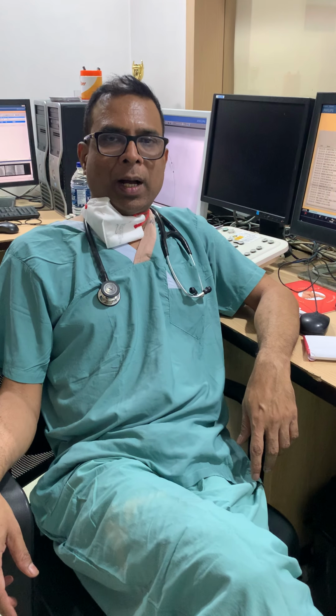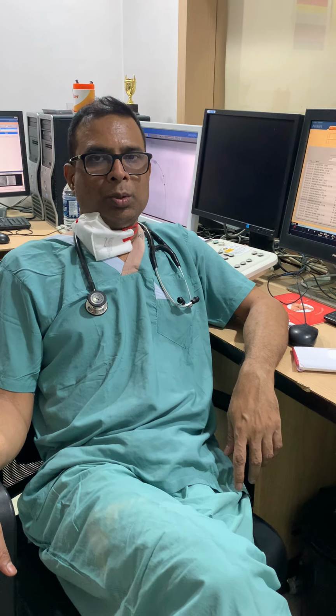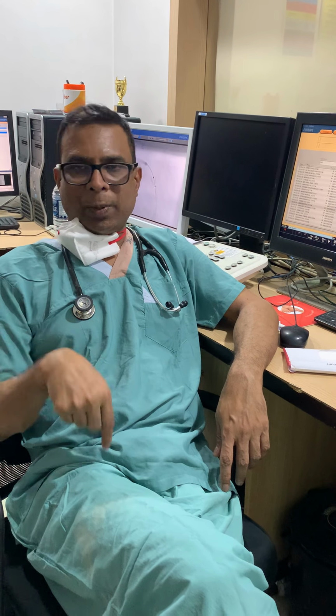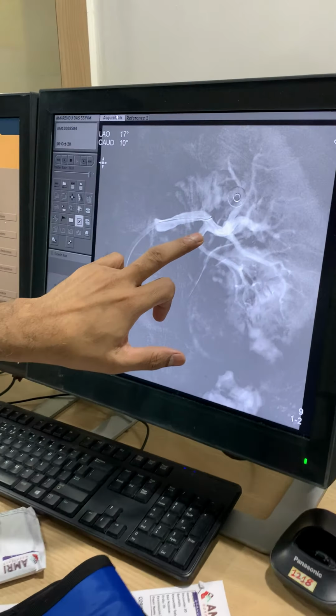double curve catheter, RDC, and usually an Ironman or Grand Slam like extra stiff wire is preferred, because it may be difficult to pass this catheter, as in the coronary artery. It should not produce any complications, should not produce any dissection of the renal arteries, and we give heparin, 100 mcg of fentanyl, and 2 mg of midazolam for pain relief. We give anesthesia in the right femoral artery, a 6 French sheath, and through the 6 French sheath this spiral catheter can go in. Now we started with the left renal artery.